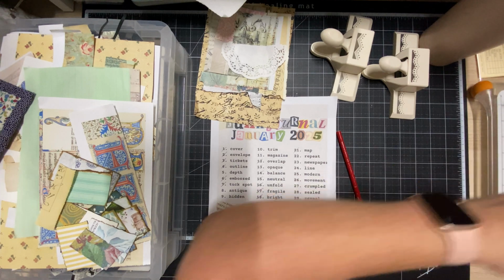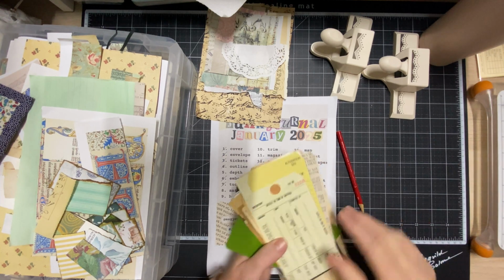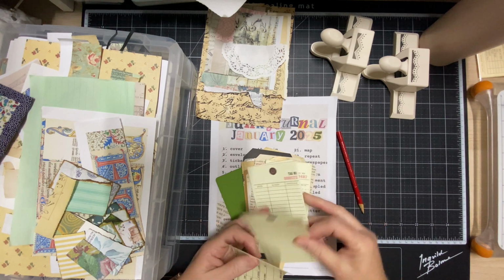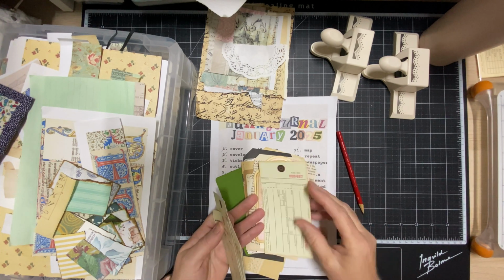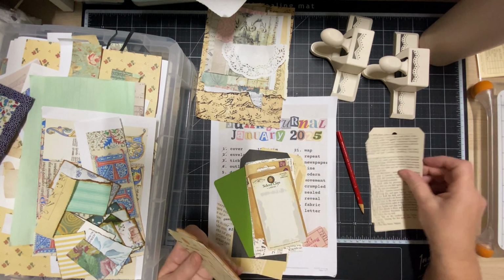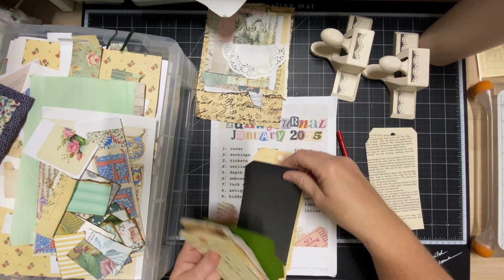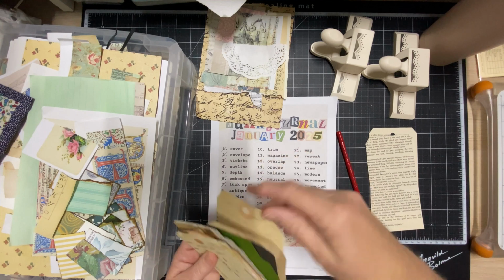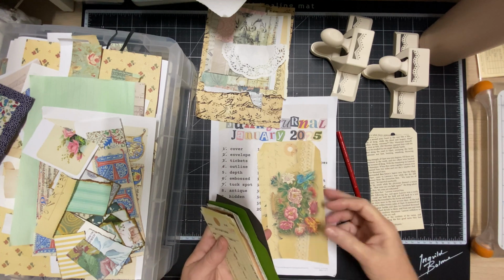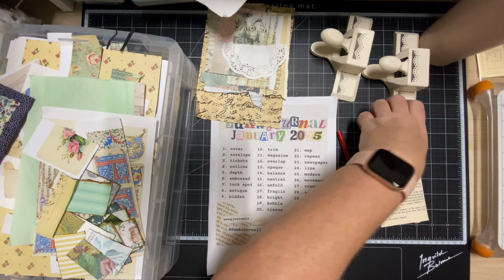So let's just find a tag. Let's go to my stash of tags over here and see. That's what we used yesterday. That's a good size. Scrap paper. They're really just paper. I think I might use those two,